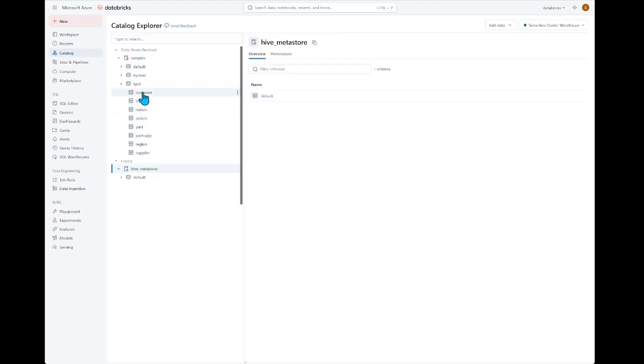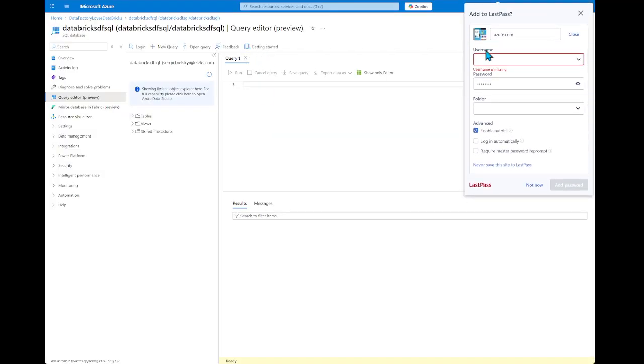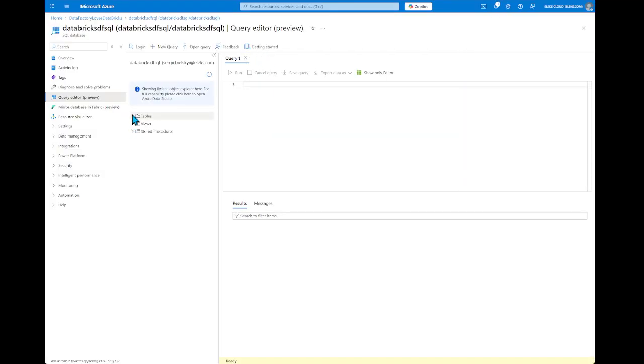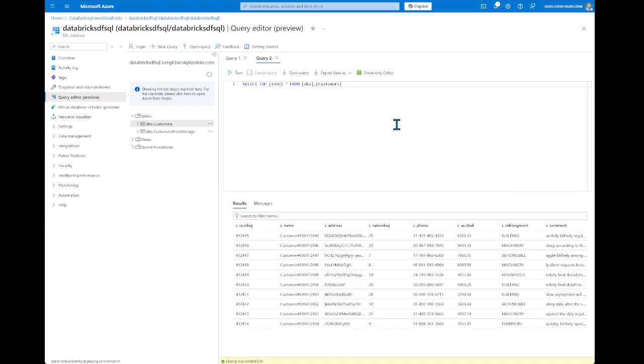Yes, still working. We open our SQL database, and we have a customers table. Oh, we have data here. I just tested it before, but let me remove this data from customers.